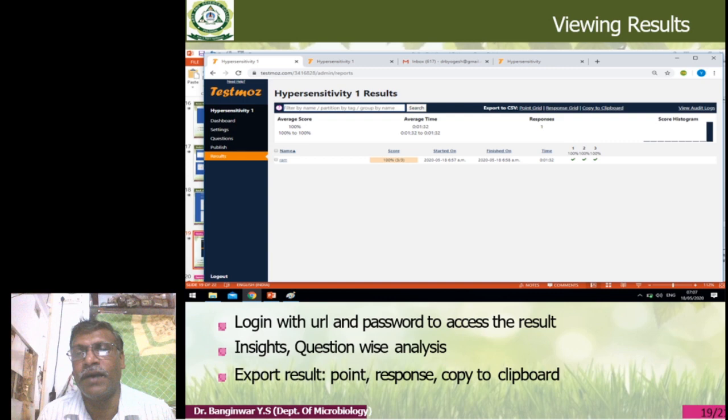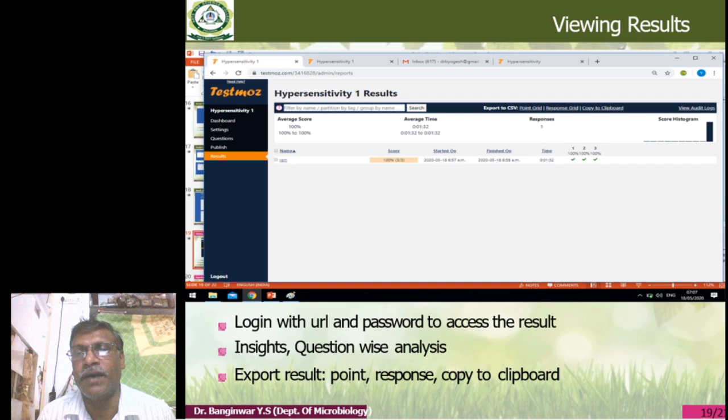Inside, there is question-wise analysis and export of the result. These are the exports: to CSV, point grid, response grid, and copy to the clipboard. So these are the three ways of exporting your result. I am giving one example here, exporting the point grid.